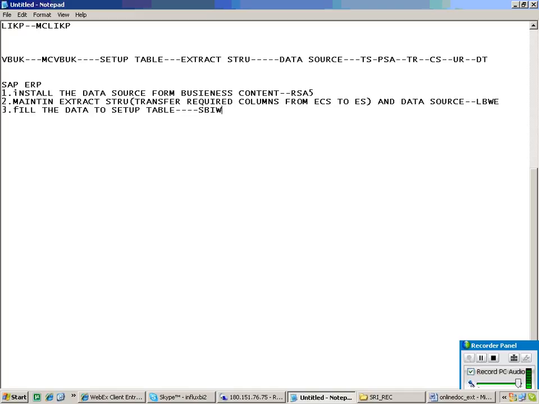This is SBAW. Then what to do? Check the receipt. Then in the BW system, what to do? Duplicate the data source.